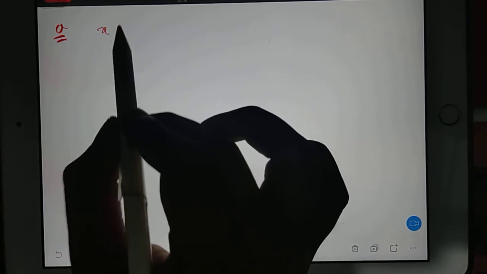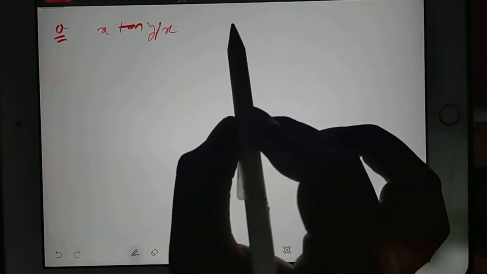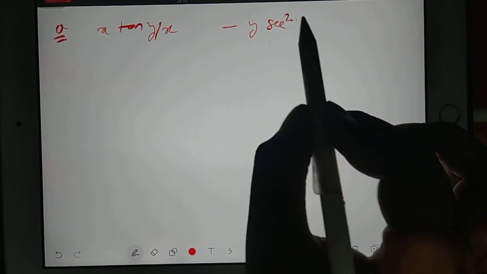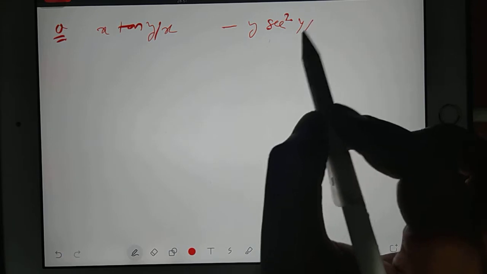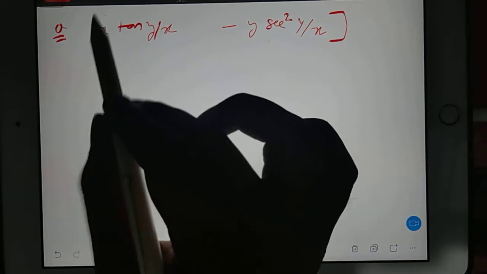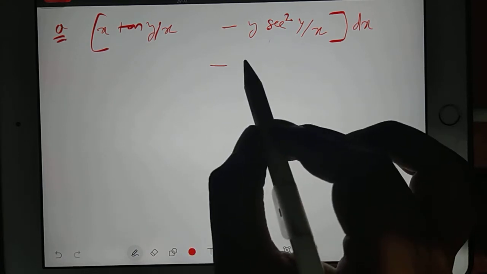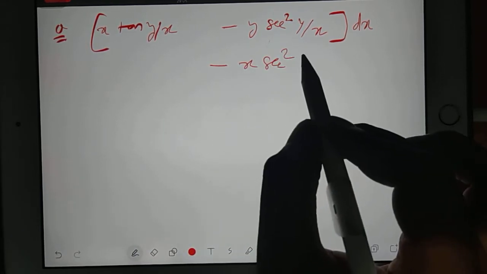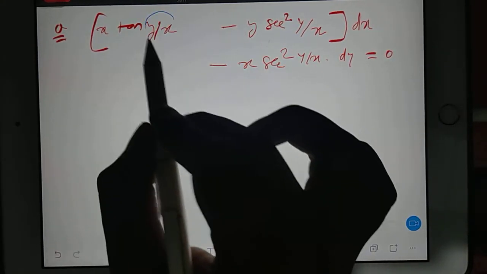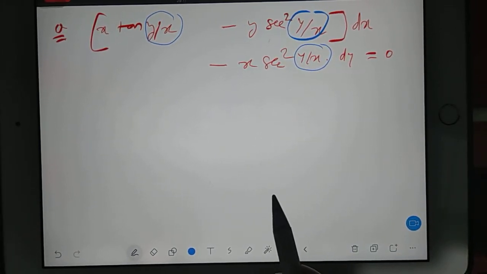Suppose you have x tan y by x, minus y sec square y by x, and all this is in a bracket with dx, and then you have minus x sec square y by x into dy is equal to 0. Here this is y by x, they are together. Now our job is